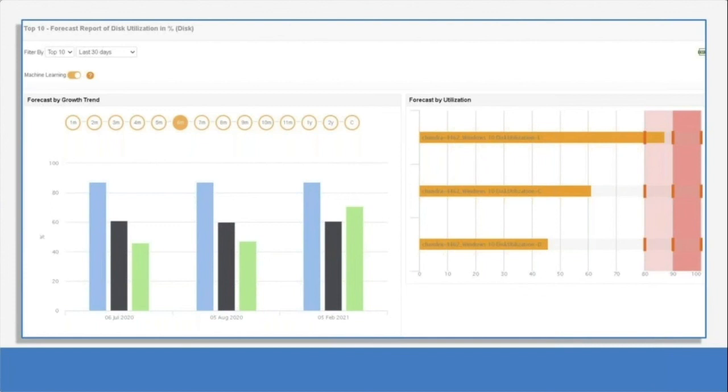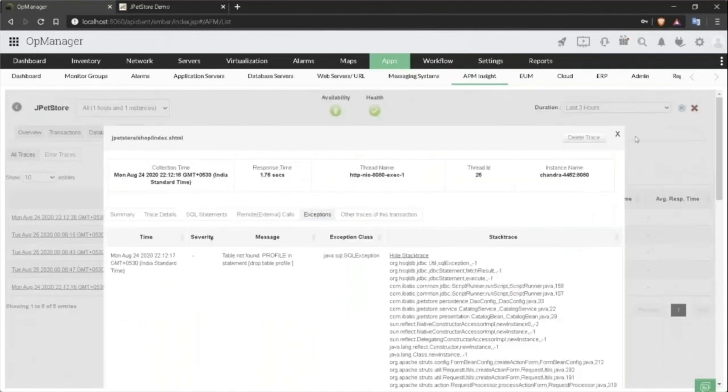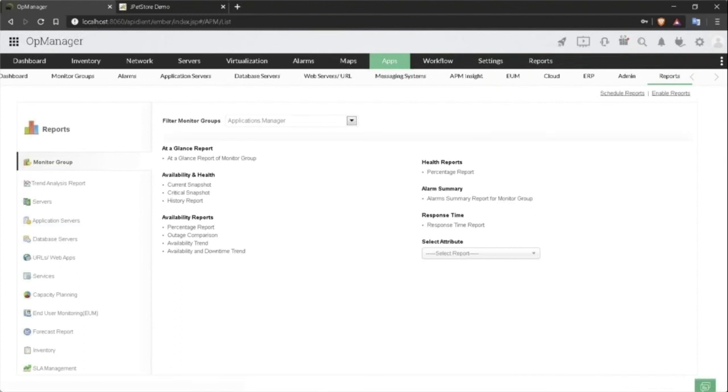Now, let me take you to the UI to show how exactly the reports can be accessed. So over here, we have the option where the user can toggle between multiple options. And right now we will be clicking on reports as we see over here. So under the reports tab, there are multiple options where the user can see monitor group, servers, the databases. And this is because Applications Manager has the monitors classified based on their respective types. Now, speaking about the forecast report,